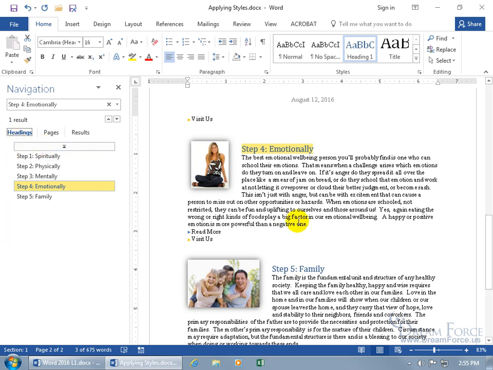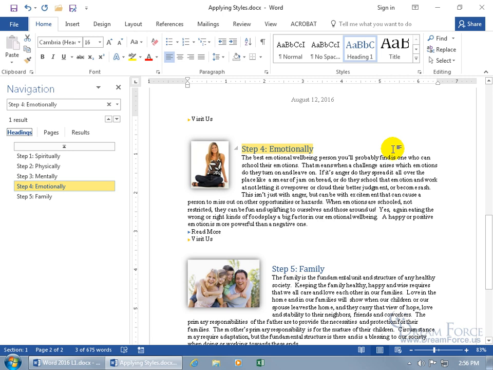We can collapse it, and one more benefit is that these headings, once identified by applying styles to them, can be used in the table of contents. If you remember reading a book at the very beginning of the book, it'd have a listing of all the different chapters. Like, for example, here, if we created a table of contents here, which we'll learn about in a later training video, it would pull all the headings there onto the page, well, the first page within the document or second, doesn't matter, just somewhere at the beginning of the document. Like, let's say the first page, for the sake of argument, it would have all these headings there with the